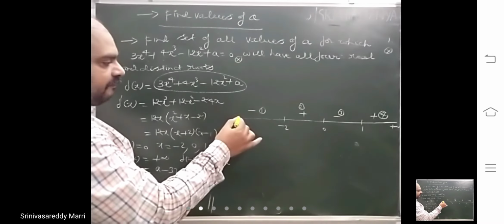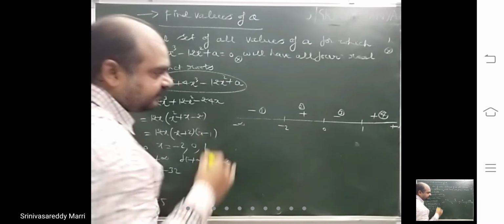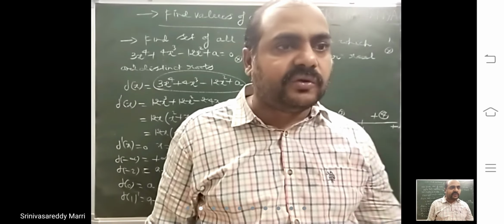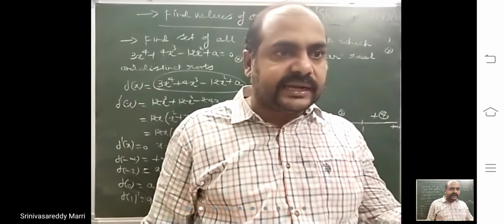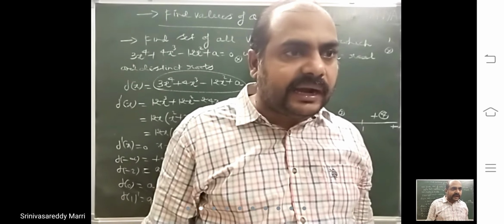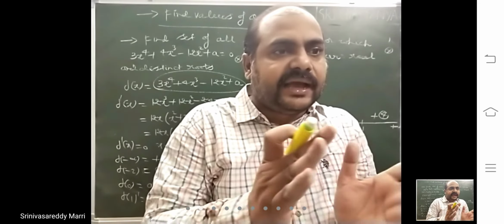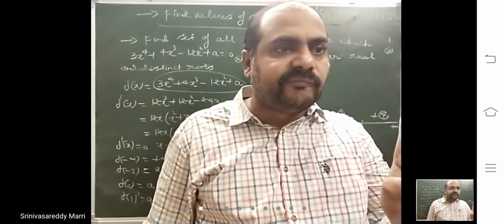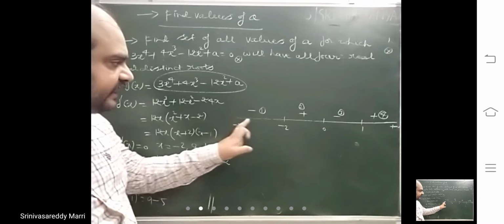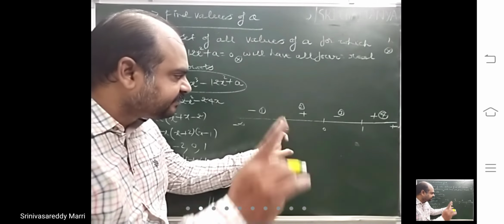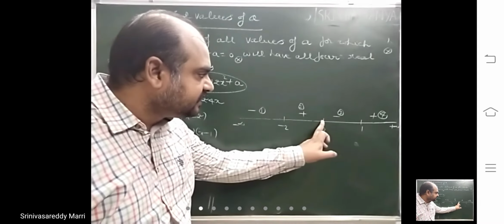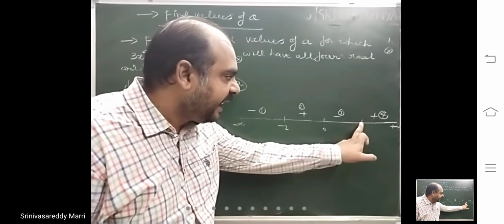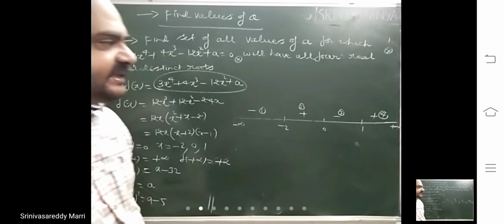Look here. Minus infinity to minus 2 is decreasing. Whenever the function is decreasing in an interval, what did I say? Maximum 1 root will be there. In today's class's first topic itself I told you, in any interval, if it is increasing or decreasing, maximum 1 root will be there, there won't be 2 roots. So from here to here it is decreasing, in this interval maximum one root. Minus 2 to 0 again increasing, maximum one root. 0 to 1 decreasing, maximum one root. 1 to infinity, maximum one root.